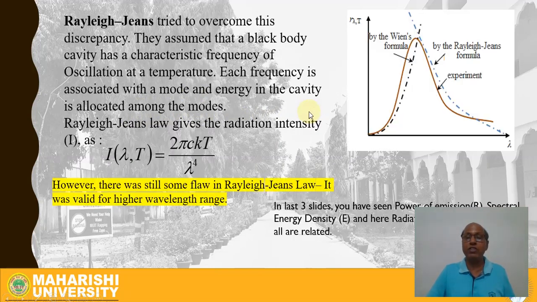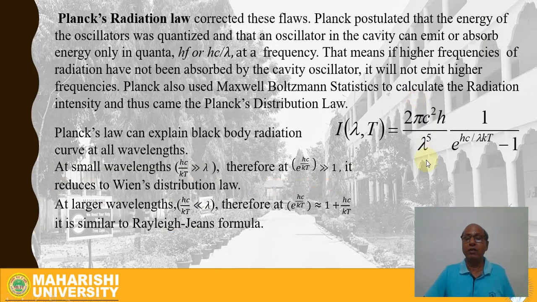And you can see in the previous curve here. See, what Planck explained was that if the black body was absorbing energy at this particular wavelength, then it will emit the radiation only at this wavelength, right? And that means if there is no absorption at lower wavelengths, naturally there will be less emission at lower wavelengths. So it has to be dependent upon the frequency. So the absorption and emission both are dependent upon the frequency.